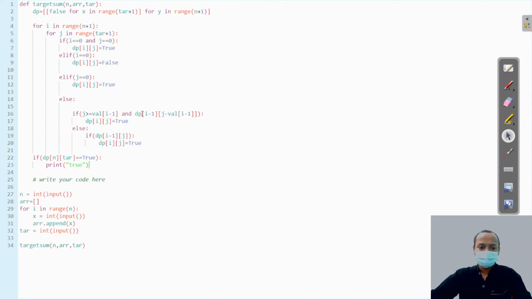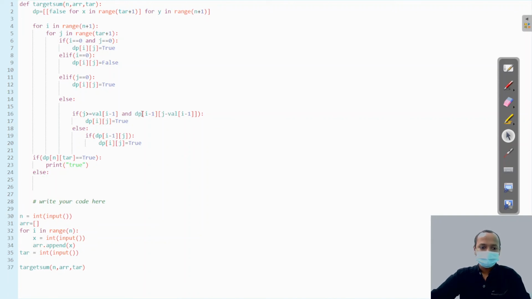So we have to print in this way. Otherwise, else we have to print false. So I'm writing false here.